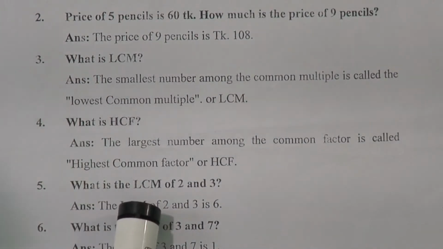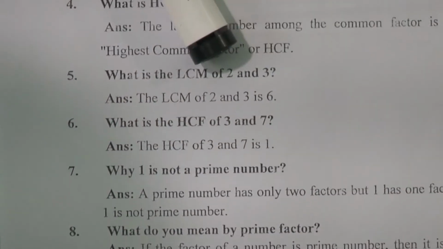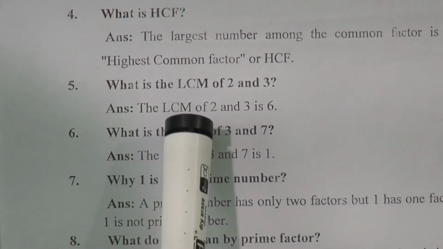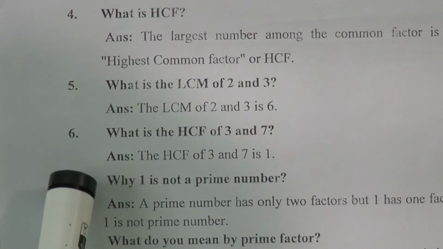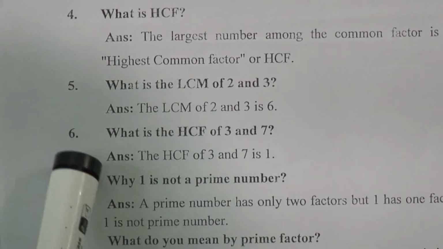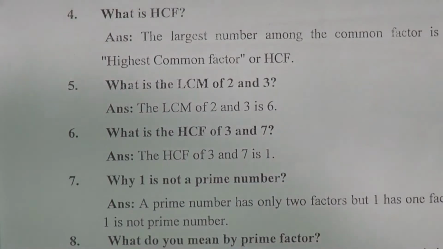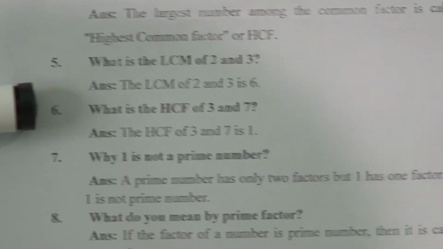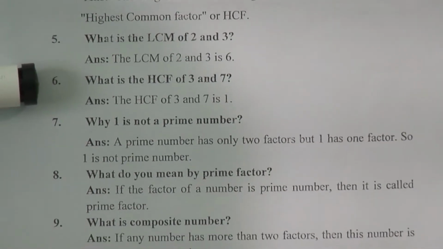What is the LCM of 2 and 3? You see, there is no common factor between 2 and 3, so the LCM of 2 and 3 is 6. Now question number 6, what is the HCF of 3 and 7? You see, there is no common factor between 3 and 7, so the HCF of 3 and 7 is